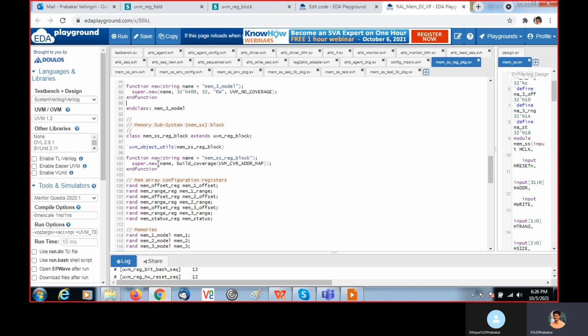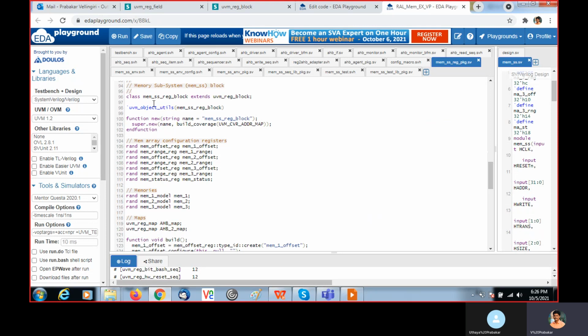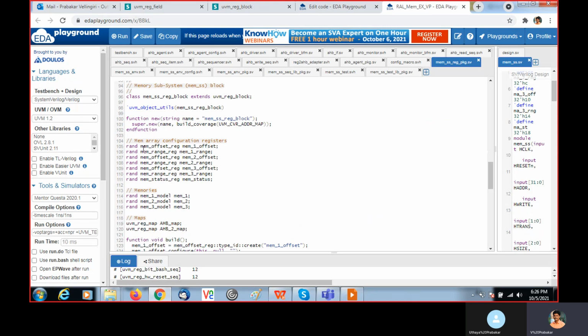Then next we need to create the register block. The register block is extended from UVM reg block. Then we need to register this to factory, and we need to call the super.new function new. Then here we need to instantiate all the registers. So the mem offset register we created already. Using that, here I have 3 memories.